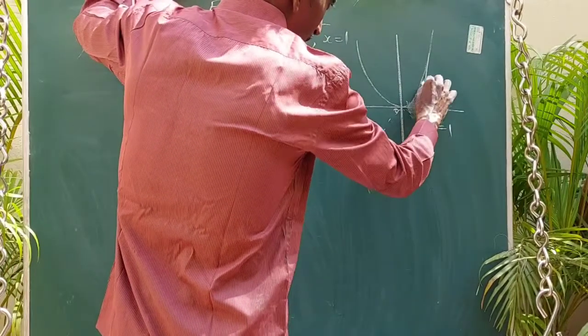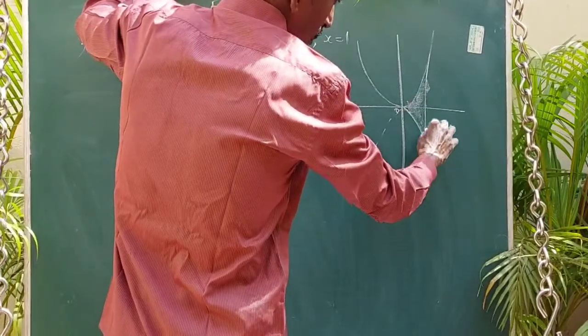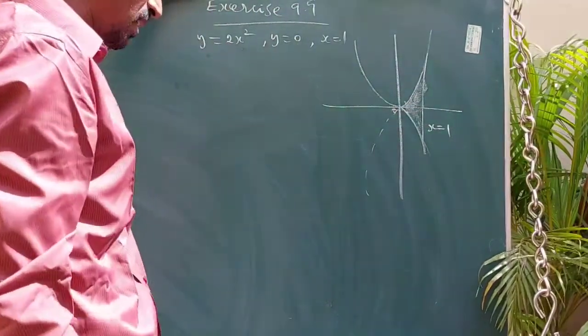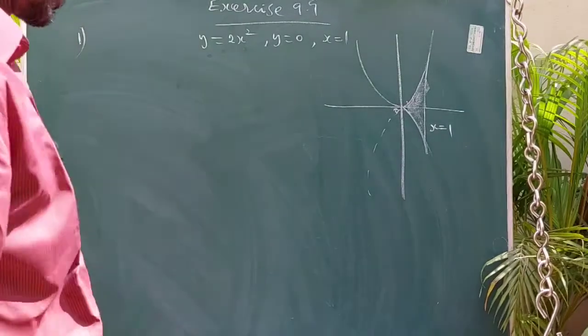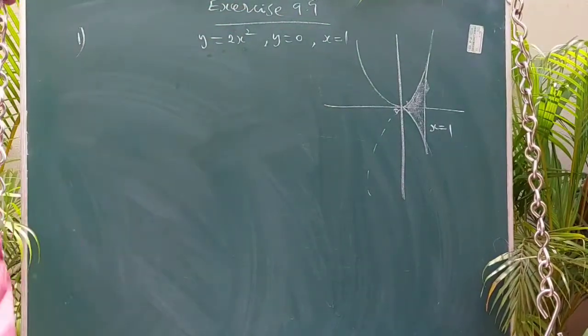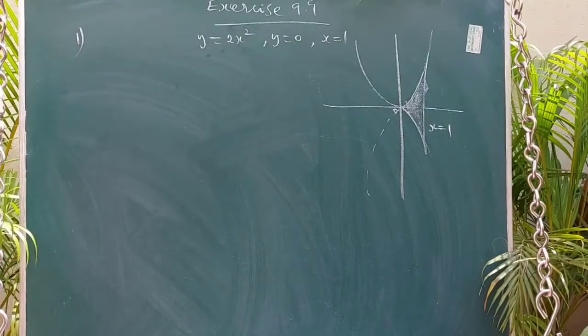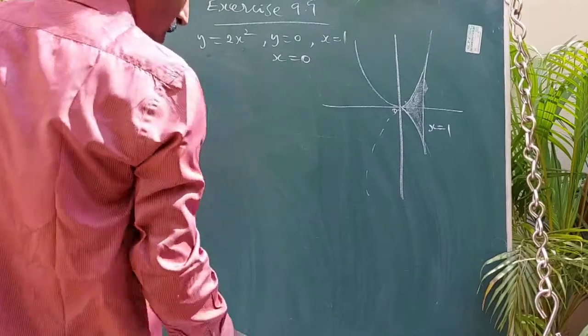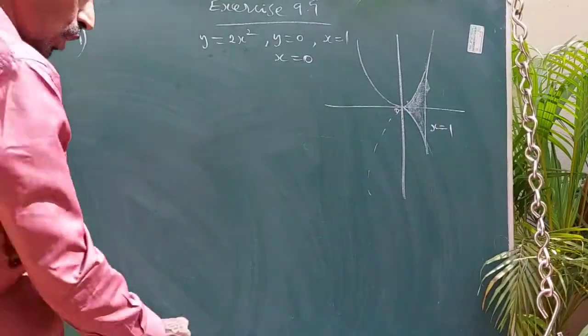So it is here in two dimensions, so we can't see the three dimensions. Just imagine, my dear student, if you rotate it, we get a three dimensional shape. It is like a funnel shape. Our aim is to find the volume. Here y equal to 0 means obviously x equal to 0, so the limit is 0 to 1.